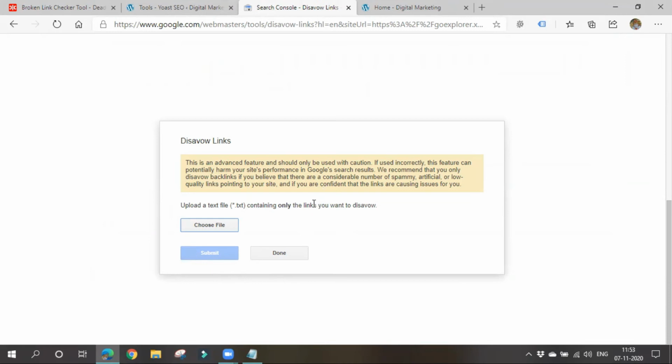In this way you can use a broken link checker to check which URLs are broken or not working in your website. Then you can go for disavow. If the links are not working, Google will think that we are giving spammy backlinks, and it will hit us with an update. It will punish us with an update. So don't let that happen. That's why we are making sure that everything is going properly. Okay, can I move to the next topic?